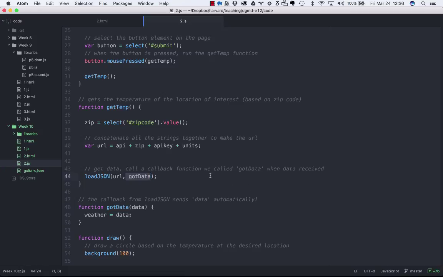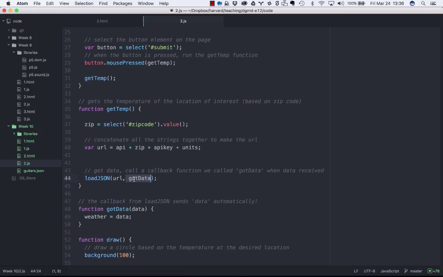So what am I doing in gotData? Well, I'm waiting, and it says, okay, load JSON from the URL. I'm doing that. Okay, I finally loaded all that information. All right, I've got all that information. Then run gotData once you've done that. Okay, it goes over here to gotData. gotData is a